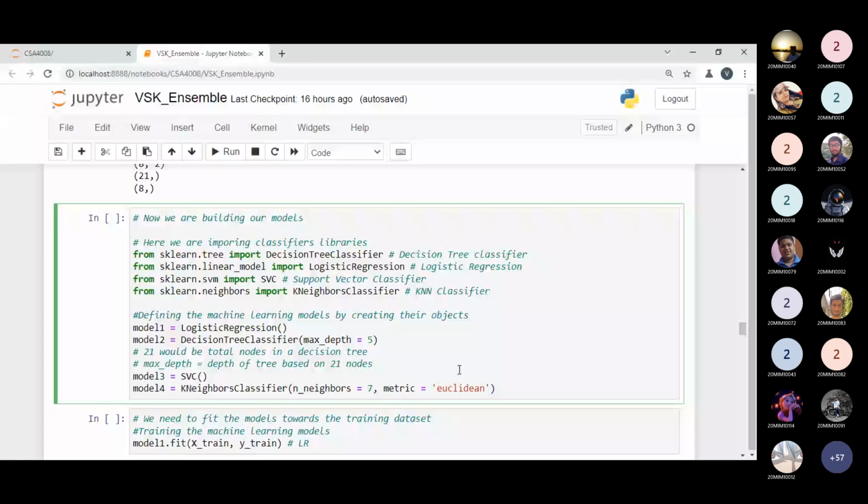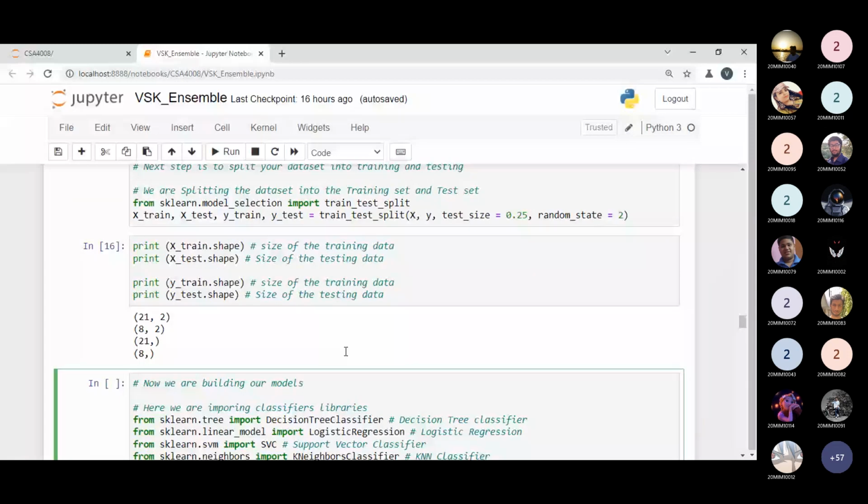So do not think about this statement: 21 would be the total nodes in the decision tree. Maximum depth equals the depth of the tree based on the decision nodes. So what we are getting here is 21 total nodes, because we will build our model on the training data set.